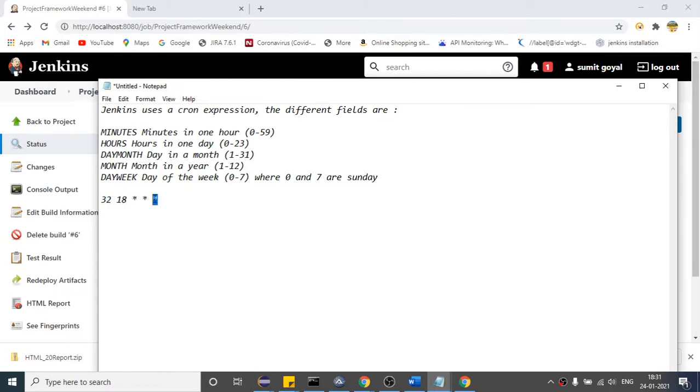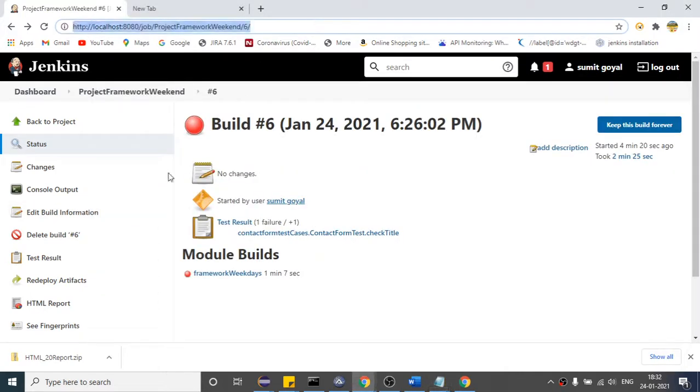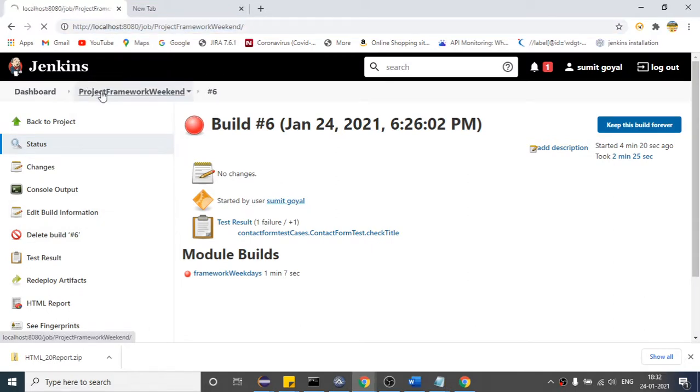And if you put a star here as well, which is the second last one, 1 to 12, it means it will run in all the 12 months, and all the weeks, which means 0 to 7, right? And for 1 to 31 you also provided the star, which means it will run the entire month but at this particular time, right? So as of now what is the time? 31. So let me provide 33, otherwise you can make changes later on. Provide one space, copy this, right? And let us change it very fast, otherwise time.